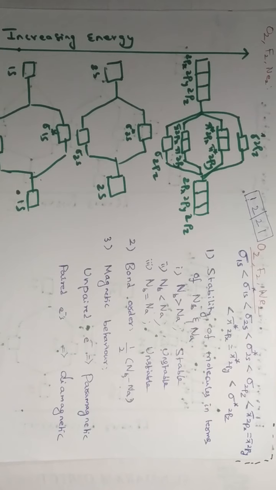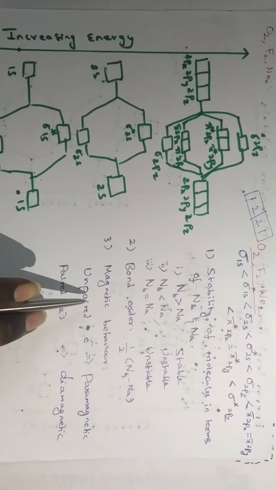We can predict the nature of the bond in terms of bond order also. Bond order 1 means a single bond, 2 means a double bond between the atoms, and 3 means a triple bond between the atoms in a molecule. However, the difference between a chemical bond and a bond order lies in the fact that a chemical bond is always an integral number, but bond order can be fractional also.